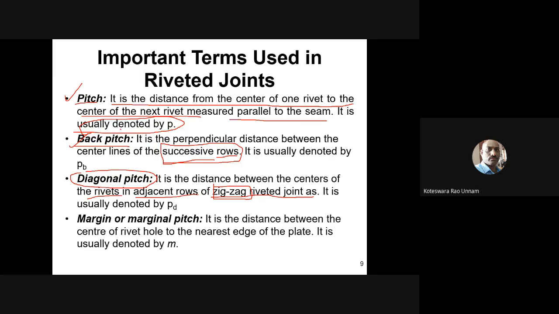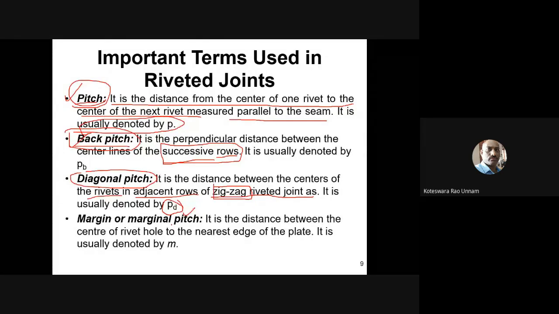Whereas if the rivets are arranged in chain riveting, then you can define the back pitch value. Right? If there is only one row, then we can define only one pitch, that is single pitch, the nominal pitch, or simply we call it pitch. Whereas if there are more than 2 rows, then in chain riveting you need to define back pitch. In zigzag riveting, you need to define diagonal pitch. This back pitch and diagonal pitch is nothing but the perpendicular distance between the center lines of 2 successive rows, either in zigzag riveting or chain riveting. Usually the diagonal pitch is denoted by P suffix